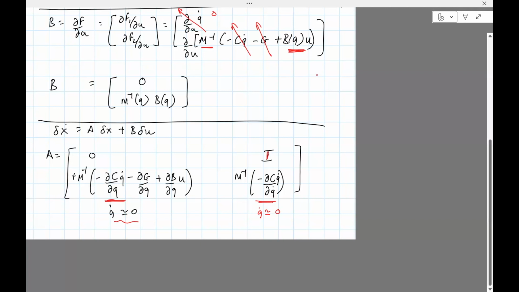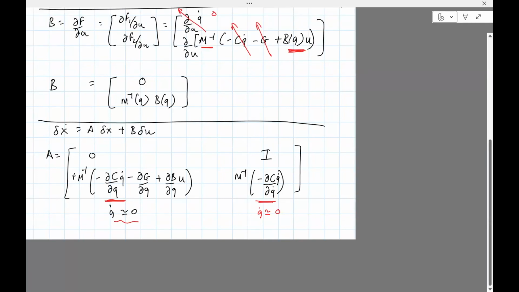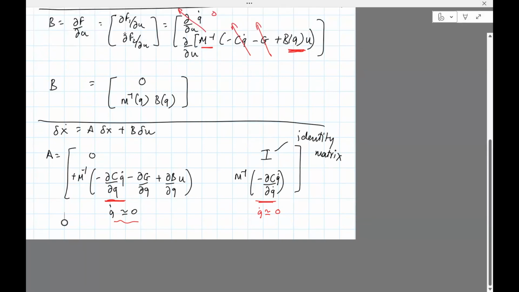This is an I, an identity matrix. Okay, and that's A, and then B is